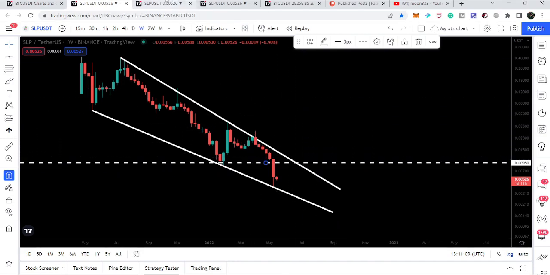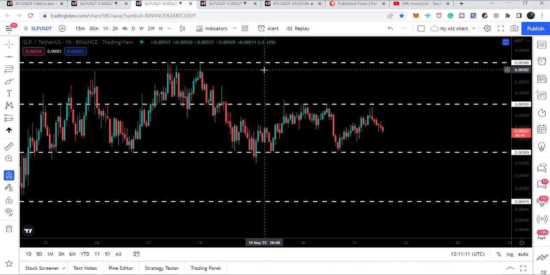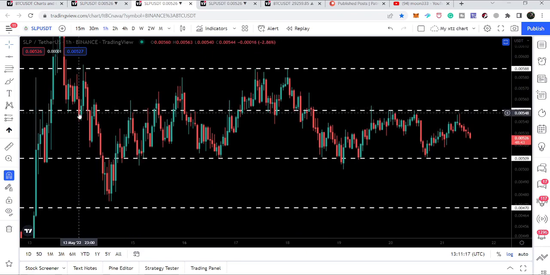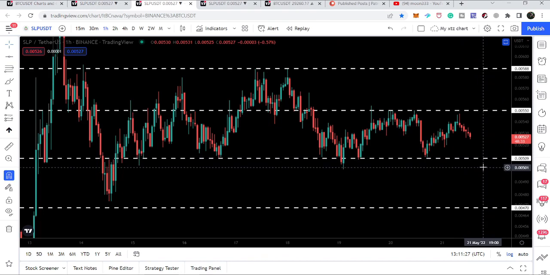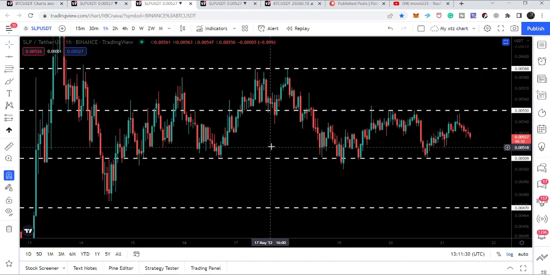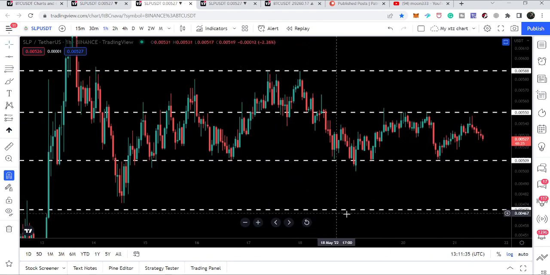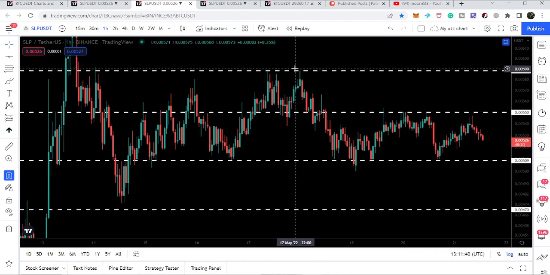Now, if we take a look at the recent support and resistance levels on the 1-hourly time frame chart, then you can see that the major movement of SLP token can be seen between the resistance of $0.0055 to the support, and the support is at $0.000509, almost half a cent. And then after this support, we will have another immediate support on the short term that will be at $0.0047. And here we also have the resistance above the resistance of $0.0055,